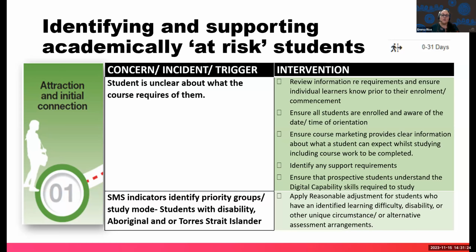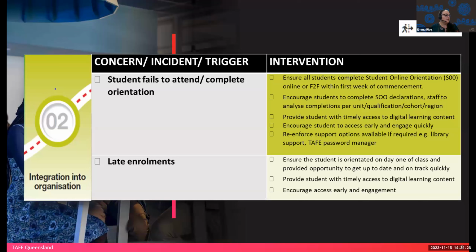circumstances. As I said, I won't go through each slide. This is if a student fails to attend or to complete orientation, ensure that they complete the student online orientation in the first week, and that they complete their campus and course orientation face-to-face if possible. Encourage students to complete their declaration, and we saw that was an at-risk factor because that's where they find out information about how to log in, how to get support, and where to get the password if they don't know how